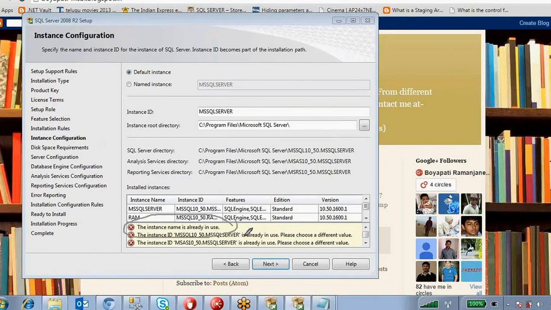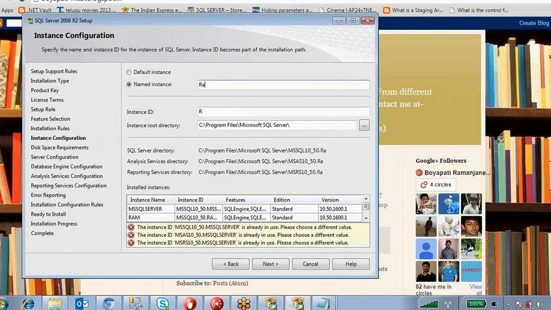In such scenarios you have to give a named instance, you can give any name. The first time you need not do anything; you can select MSSQLSERVER by default, because each instance name can be used only one time.